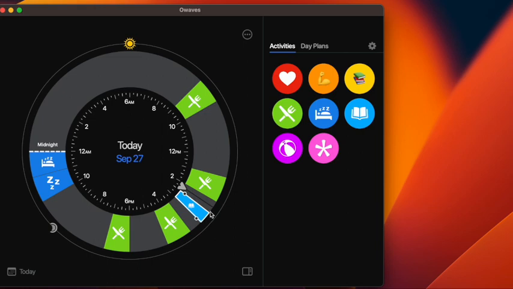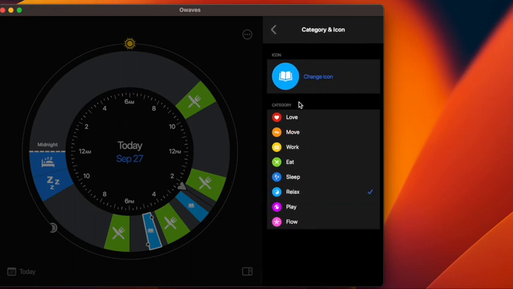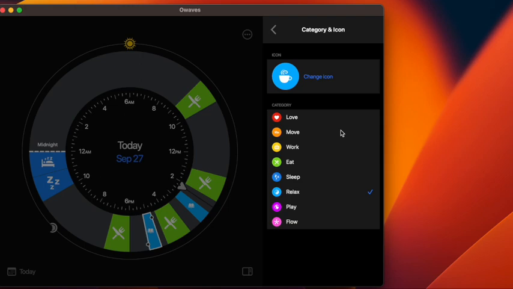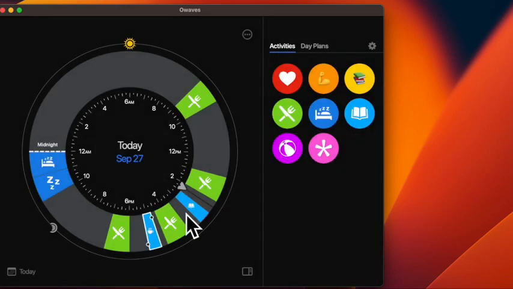And you can put multiple. You don't have to put only one. You can put another one as well. And this one could be different. You can change the icon. It could be tea time or coffee time. So that is the objective of this lesson, is to put in your work time blocks.